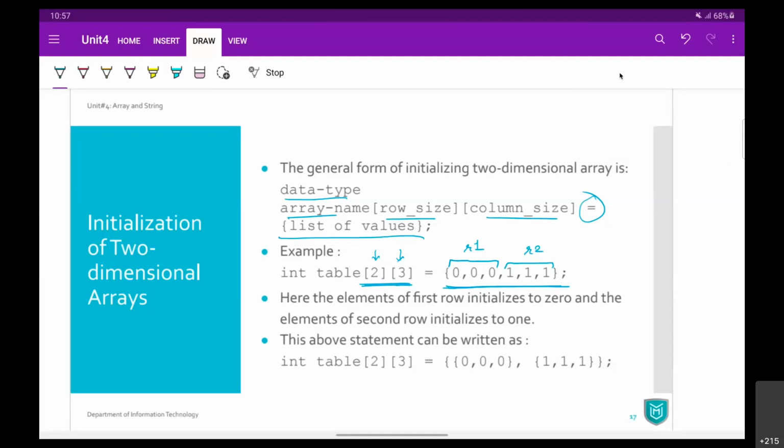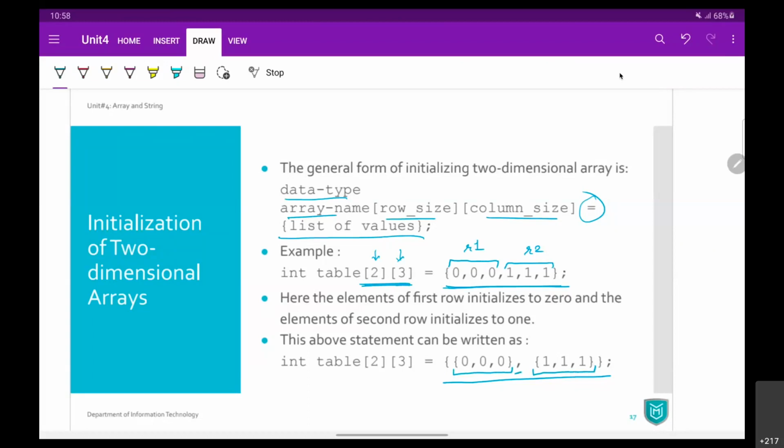Explicitly, if you want to define each row separately, then you can also go for separation with curly brackets. So the outer curly bracket is mandatory to define the initialization part, but within that you can separate your rows with nested curly brackets, and all those rows are separated by commas.